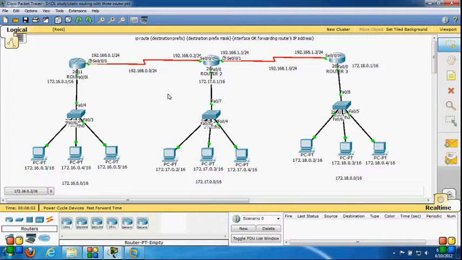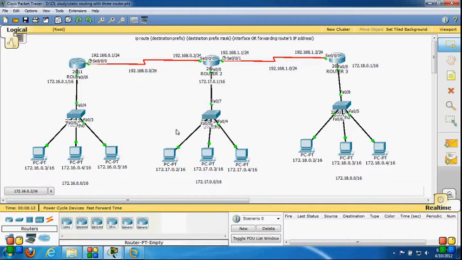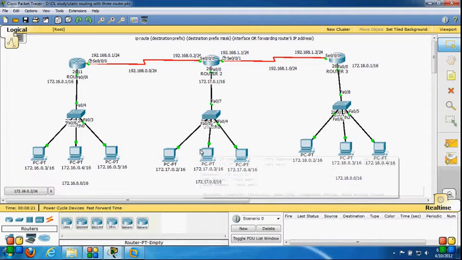Let's start with static routing. Here is the syntax for configuring a static route: the ip route command, then the destination prefix. Let's say I am on router 1 and I want to communicate with the network 172.17.0.0. That is my destination prefix, and the destination prefix mask means the subnet mask, which would be 255.255.0.0. Then comes the interface or forwarding router's IP address.